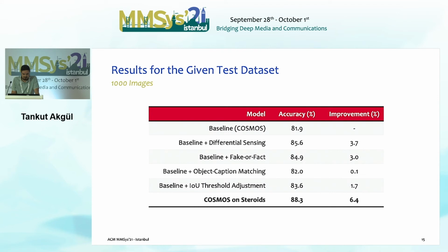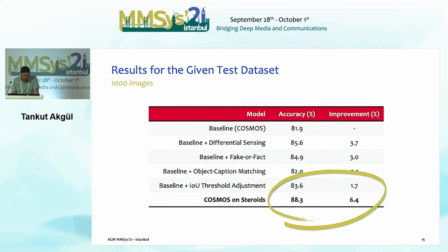Fake or fact, 3.0. And object matching, we didn't have too many samples that satisfied the conditions that I mentioned for catching these missed samples. So we didn't get too much improvement, but we wanted to get every bit of juice out of this improvement. So we wanted to add that,